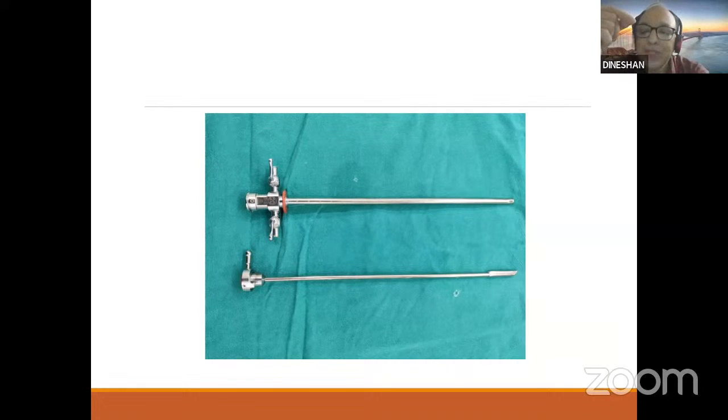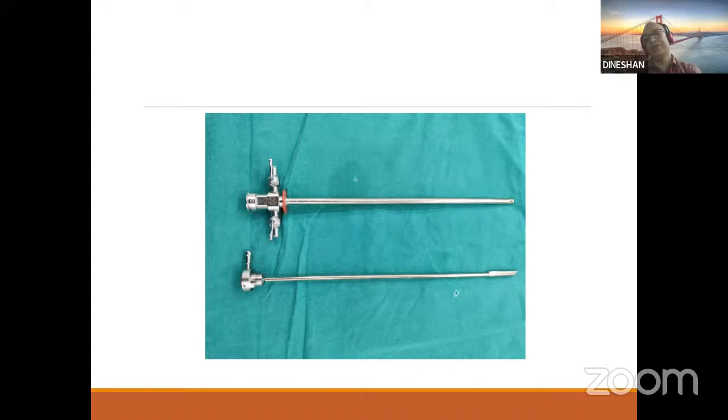The disadvantage of the longer beak is that when you are doing a female cystoscopy, the female urethra, as you know, is very short. So when you enter the urethra, the fluid will come outside through the beak, and the urethra will not get distended.